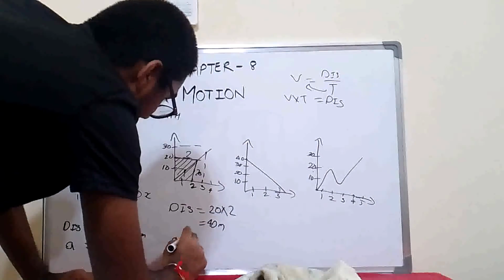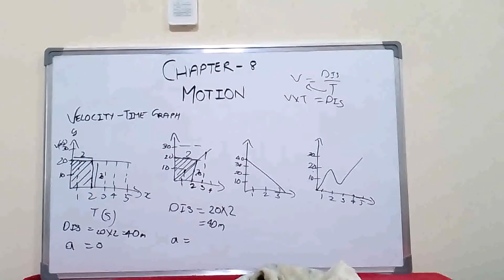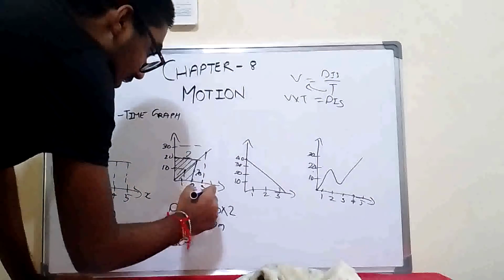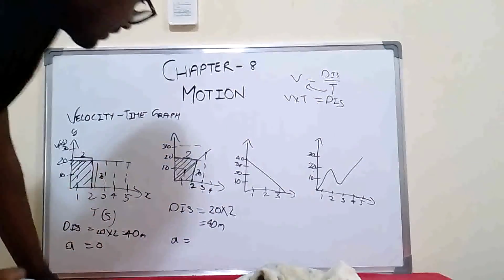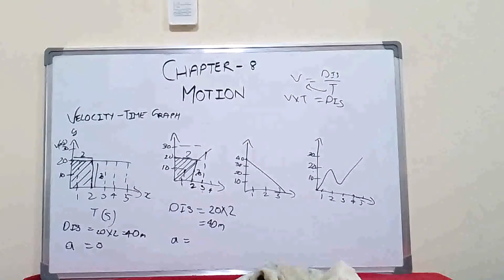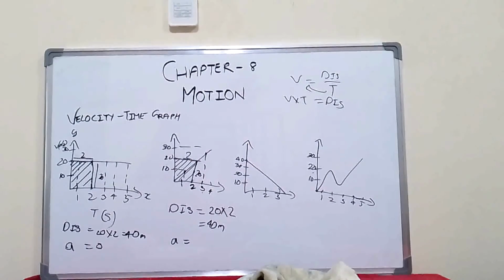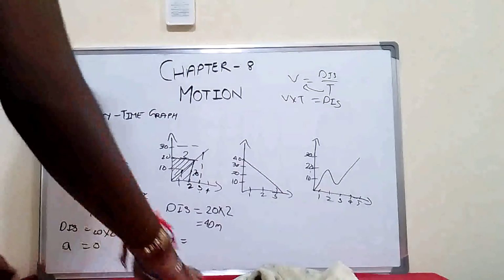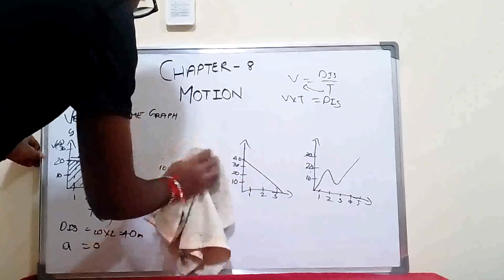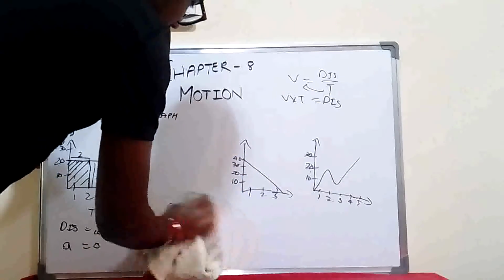Now if you find acceleration, acceleration is the slope of the graph. So for example, if I want to find the acceleration at second number 3, what is acceleration? Acceleration is the change of velocity divided by the time. Sorry, there's a mistake in finding the distance. So what we have to do when it is non-uniform motion is,